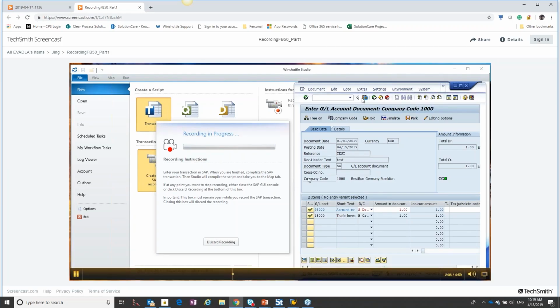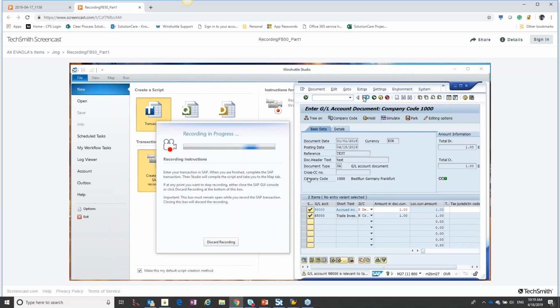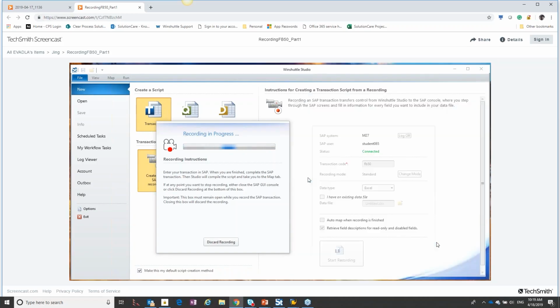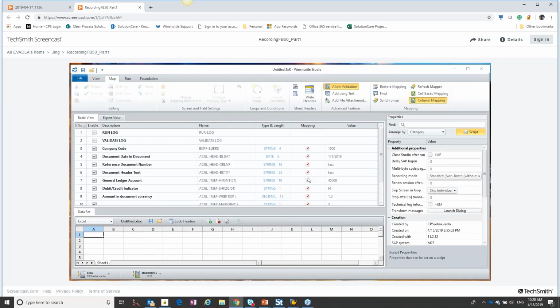We do normally recommend, if you're not that familiar with the T code, to key in 1, if not 2 or 3 lines of data, just so that you can see the loop or the consistency with the code that you want to build your loop with. Since I had done so much prep, I knew exactly what I needed, so I didn't key any more than the 2 lines. And now we're going to actually take a look at this in Studio